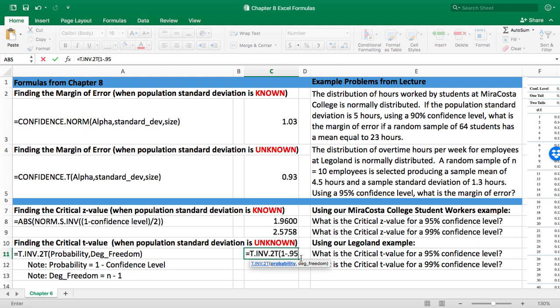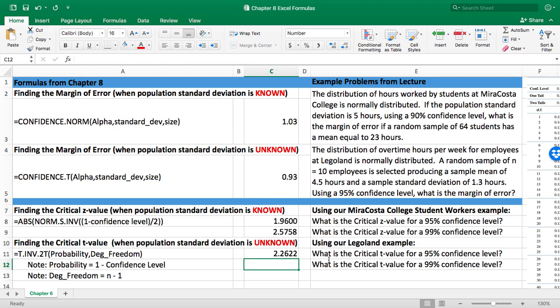Or you could have just subtracted it in your head and typed 0.05. Then type in comma. And our degrees of freedom in that problem, recall, was n equals 10 employees. So 10 minus 1 equals 9. So I'll type in 9. And then close my parentheses and hit enter. So my critical t-value is 2.2622,